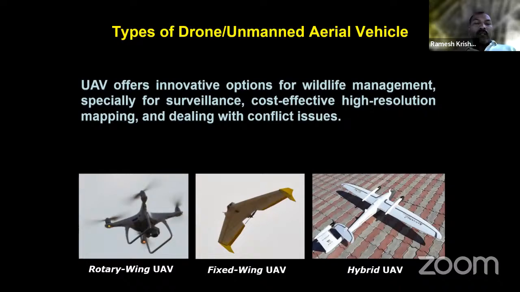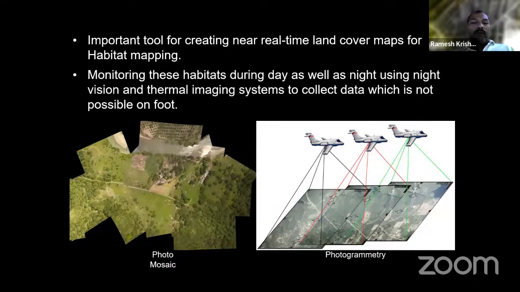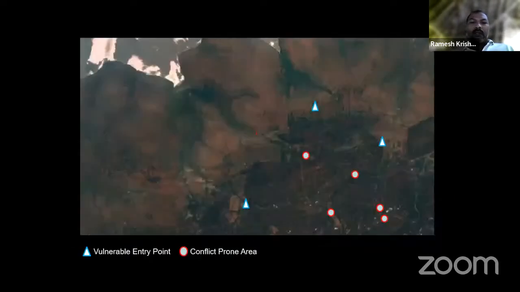So as you know, UAV offers an innovative option for wildlife management, I think for surveillance, cost-effective high-resolution mapping, and dealing with human-wildlife conflict. Now in agriculture areas and other areas, people have been using UAV. I think it's another game changer from a country's development perspective, because you can see these are some of the models that are already available in the market, which are being used by people. You can get a high-resolution map of any area, going to less than 5 centimeter resolution. So you get a real-time daily land cover map, monitor areas at high frequency, do phenological monitoring. I think it's going to be useful for multiple purposes that one cannot even think of.